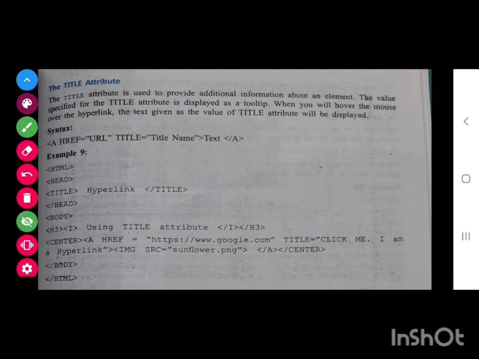Next is the title attribute. href you have studied right now. Now next is the title attribute. If you want to give a title also, it will provide information about where you are going to go. Like they have written the information, click me, I am a hyperlink.